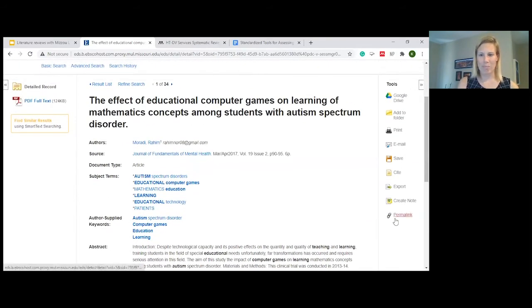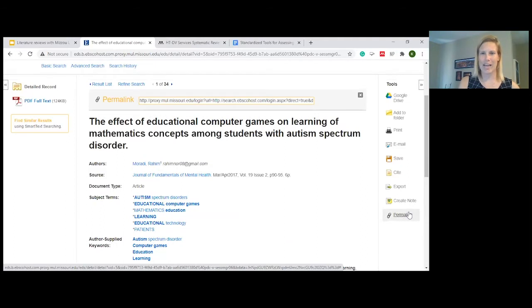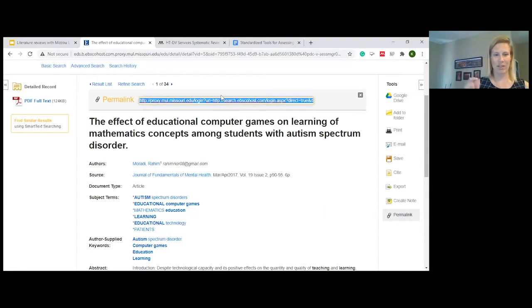The first one is a permalink that I want to mention. It's technically the last on the list, but it's the first I want to mention because the URL at the top of the page will not work if you send it to yourself. This can be really frustrating if you do a bunch of research and send yourself a bunch of links and then they're broken links and they don't work later. So the permalink instead creates a URL in the middle of the page that goes through the proxy server and actually can be something that you send to yourself, to someone you're doing a group project with, or to an instructor or faculty mentor if they're helping go through your research. So you want that permalink.